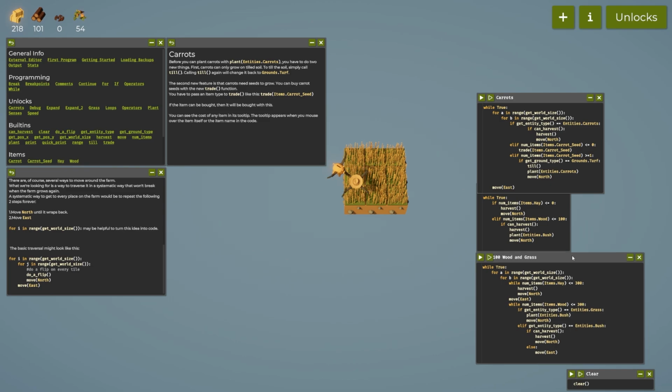So, if we can harvest it, well, because it grows so fast, it always will be harvestable. That's the thing. Because this grows so incredibly fast that it will most likely always be able to harvest it. Well, if that's always the case, if it's always harvestable, then we need to...